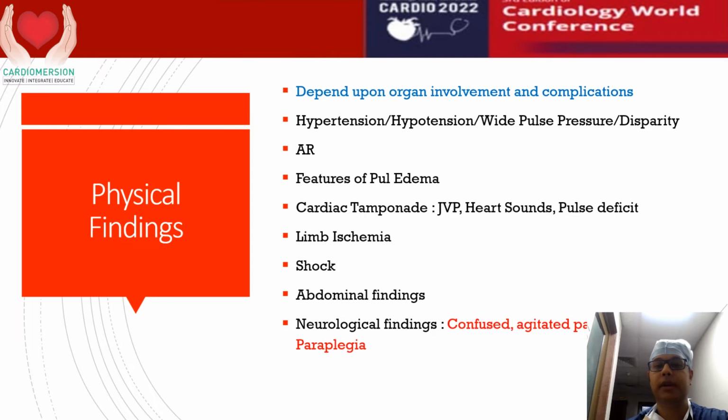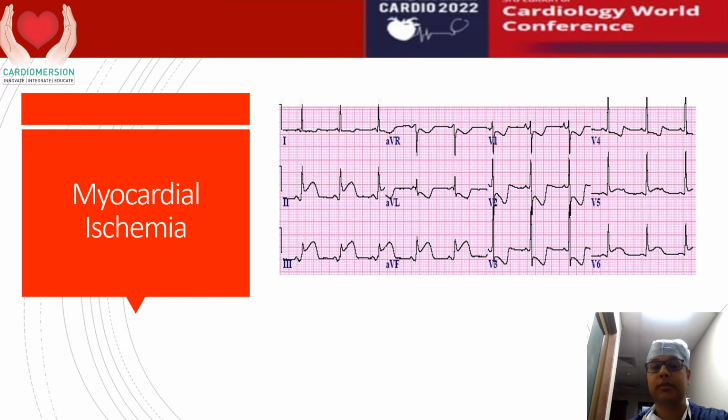Physical findings would depend upon the organ involvement and complication. Hypotension, wide pulse pressure, or disparity of pulses can be present. Aortic regurgitation, features of pulmonary edema, and cardiac tamponade features like increased jugular venous pressure, muffled heart sounds, or a pulse deficit may be present. There may be limb ischemia presenting as acute limb ischemia, features of shock, abdominal findings, and neurological findings such as a confused or agitated patient or paraplegia. Myocardial ischemia can be present, and it would be difficult to differentiate from an acute myocardial ischemia or